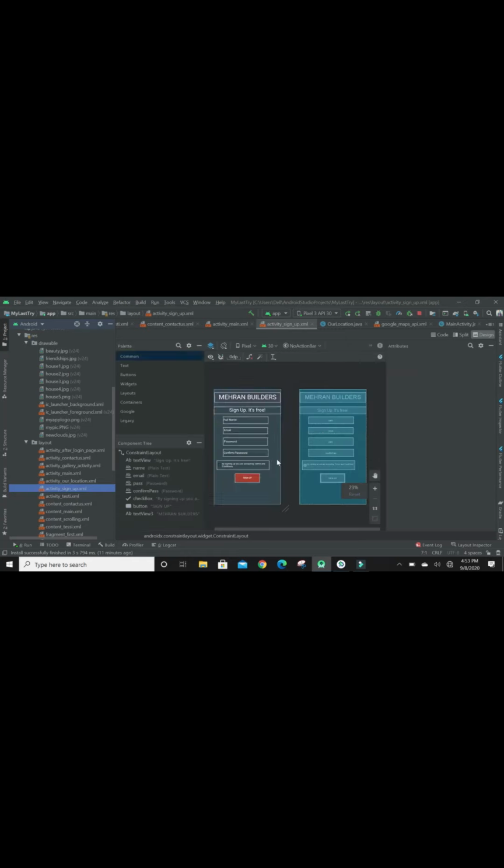This is the sign up activity where I'm going to show you that this is a static app. This is not a dynamic app. I haven't used any databases for this. You can use any databases you want, MySQL or SQLite or Firebase as well, but I haven't used any. I have used strings, email and password.